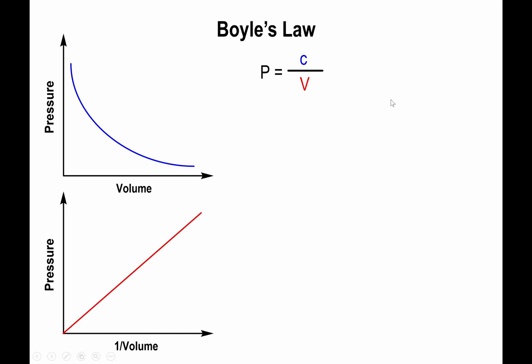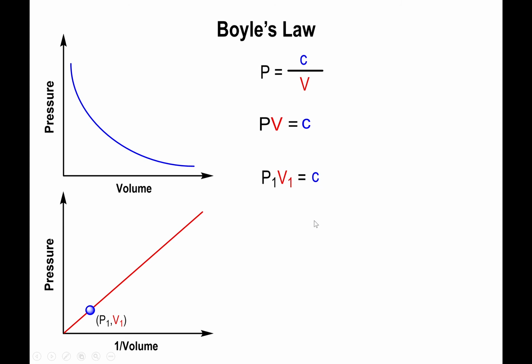If we multiply both sides by V, we find out that P times V must equal the slope of this line. The linear plot ultimately implies that any data point along this line, call it P1, V1, must satisfy this equation. If you multiply that pressure by the corresponding volume, you should find that it equals the